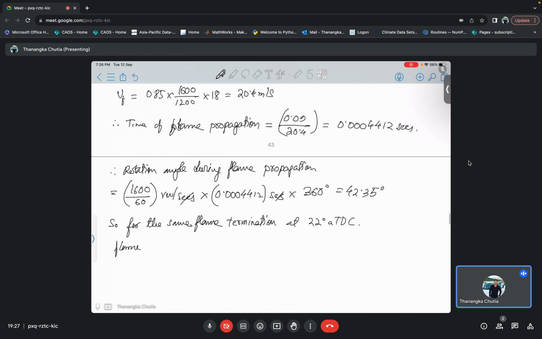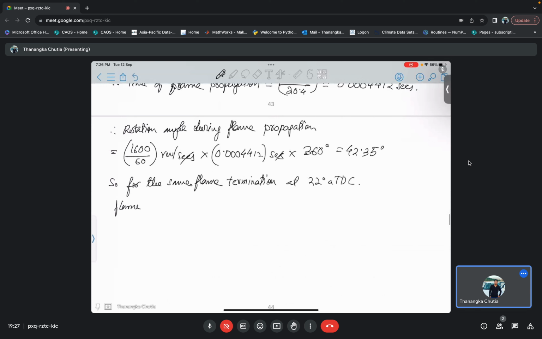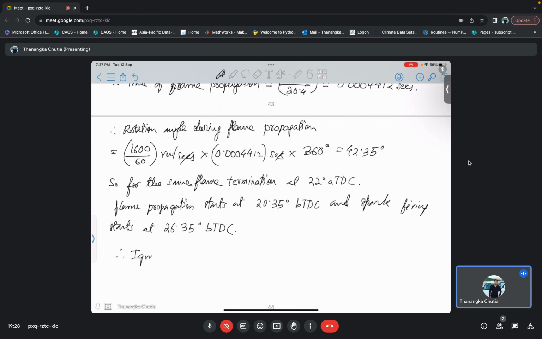Okay, so flame propagation starts at 20.35 degree before TDC. Okay, and spark firing starts at 26.35 degree before TDC. Okay, so therefore your ignition timing